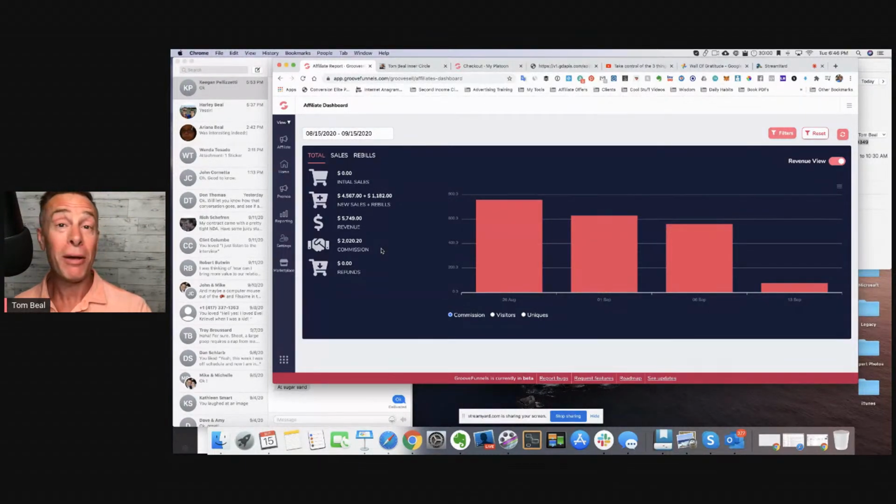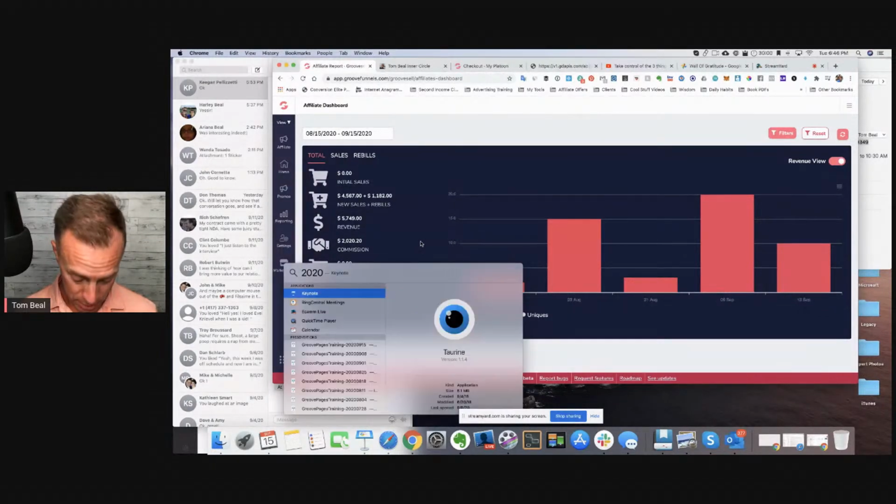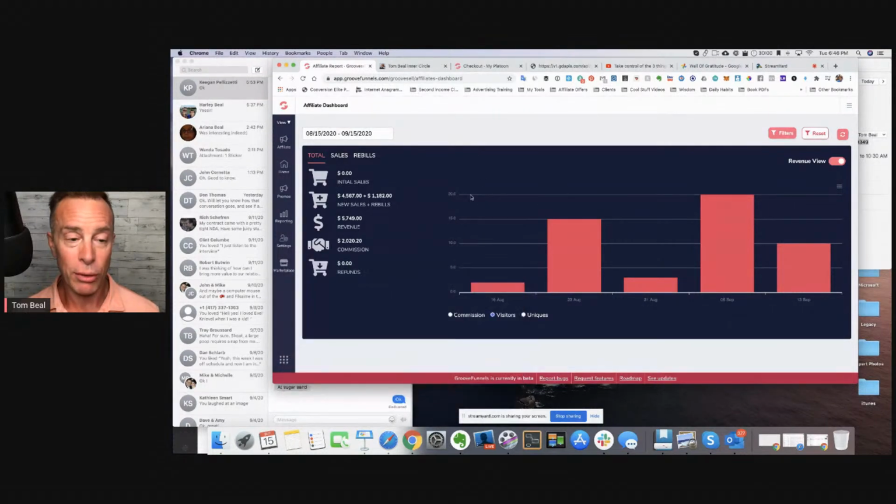But I didn't go out and massively promote this. And so look at just visitors. Let me go to visitors. 2, 15, 3, 20, 10. So 30, 3, 48, 50 visitors. 50 visitors. That's pretty darn good. So 2020 divided by 50, $40 per visitor, right? So I'm just sharing with you, if you haven't looked at the affiliate program,